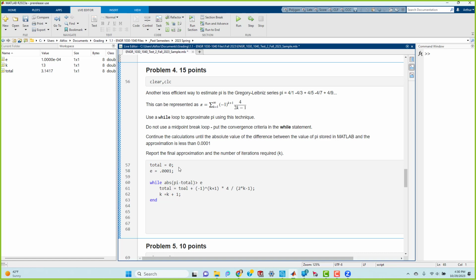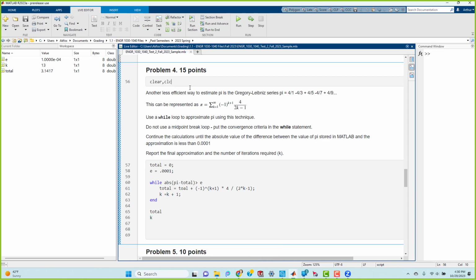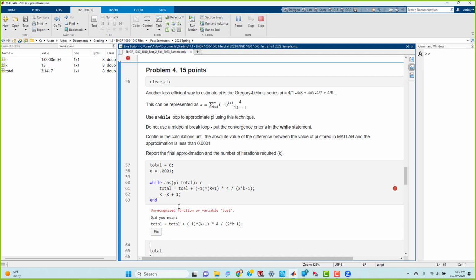Okay, and so there's that series. And again, I'm going to print out my total to see how close I am to pi, and then my k. I'm going to save this in case it crashes and I can't get back, because I want to be able to post this with a video so that you guys can